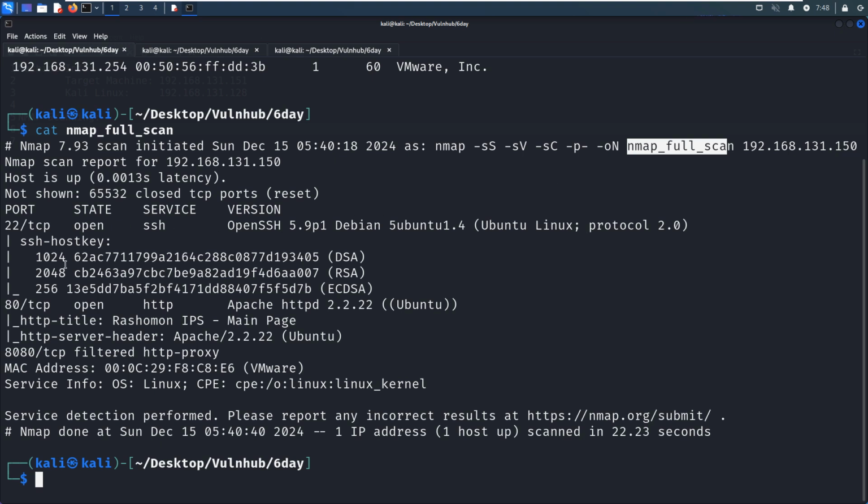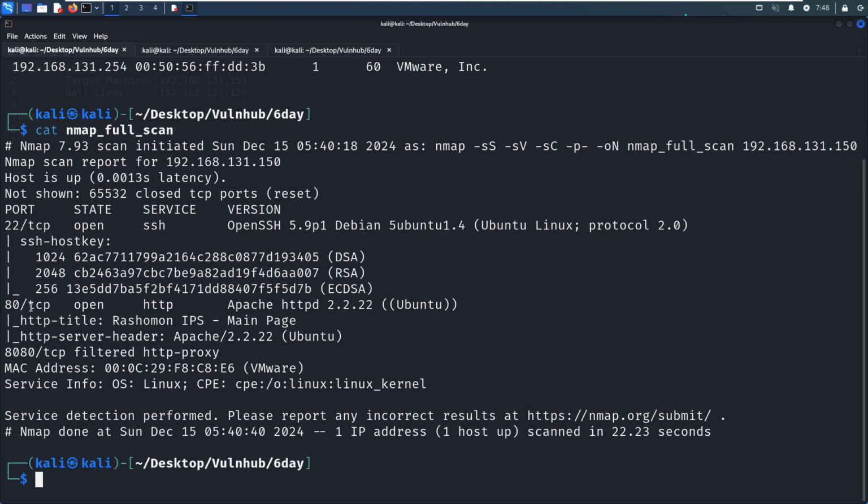So from the Nmap scanning results, we can tell that the target has two open port numbers. The first one is 22, which is running SSH service or Secure Shell service, and also its version information. And this version number is a bit outdated. However, I don't think we can find easy or workable vulnerabilities.